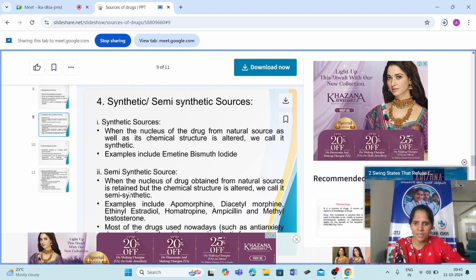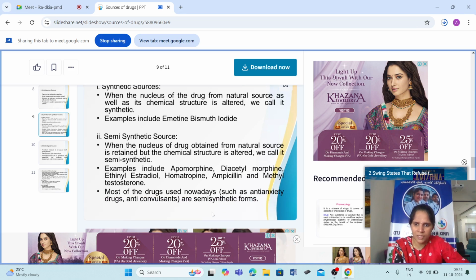The drug comes from a natural source only, either plant or animal, but one or two of the molecules of that particular drug are modified. Modified in the sense that they remove some and put other molecules so that it can work for some other purpose. Examples we have are apomorphine,